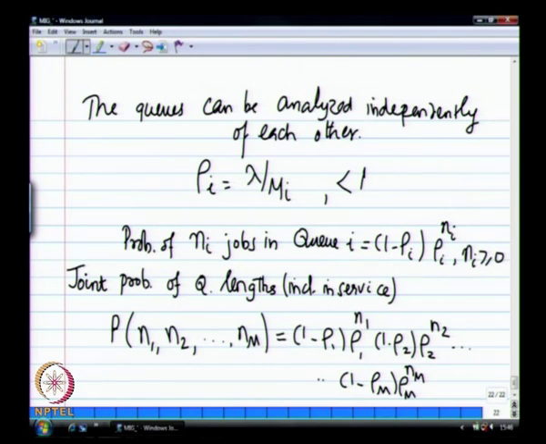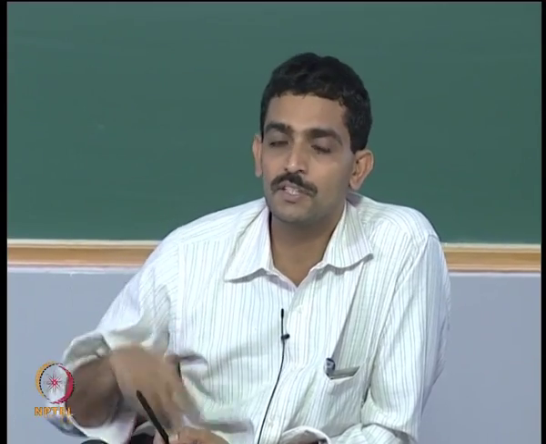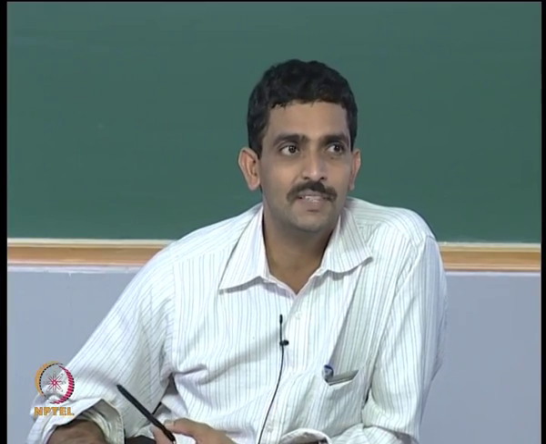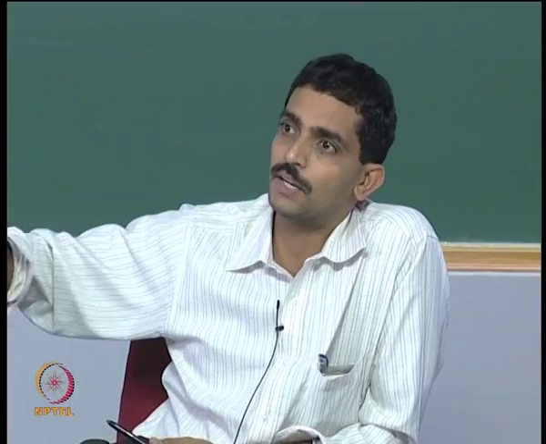So when there are 10 customers in Q1, it does not matter; there may be 20 customers. The probability of having 10 and 20 is independent in each of those queues. If there is dependence, then it becomes a problem. That is why this M/M/1 assumption is useful: we can show that they are independent of each other, and therefore the joint distribution of having so many customers in each of these queues is simply the product of all the